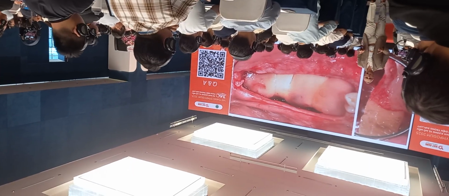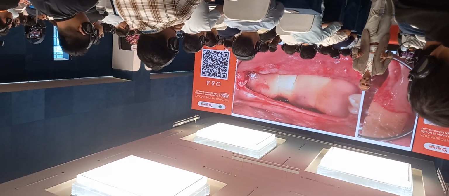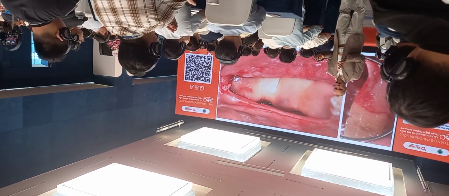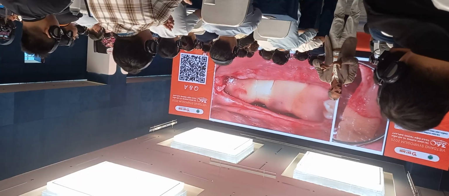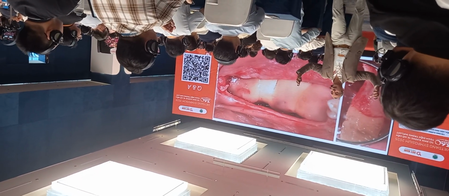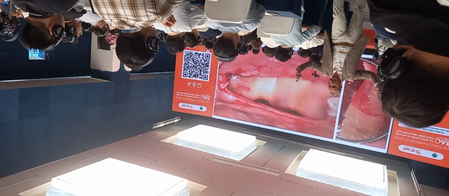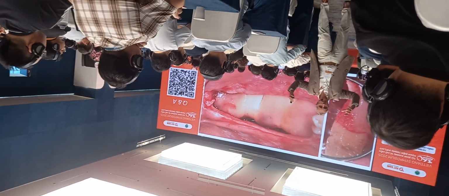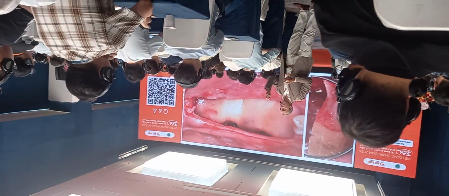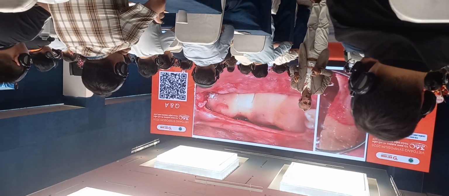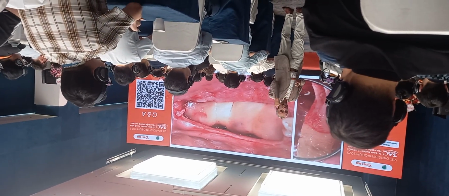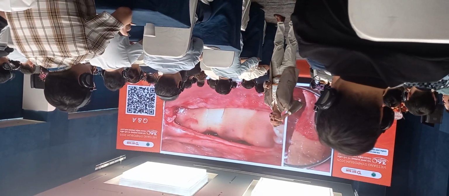So we can regenerate a bone even if we don't have the bone peak. Of course, if we have the bone peak, we have a larger portion of bone from which we can have vascular support, cells, everything that is needed for the bone regeneration. But if we don't have a bone peak, we can have bone regeneration again. But the risk of complication is very high.